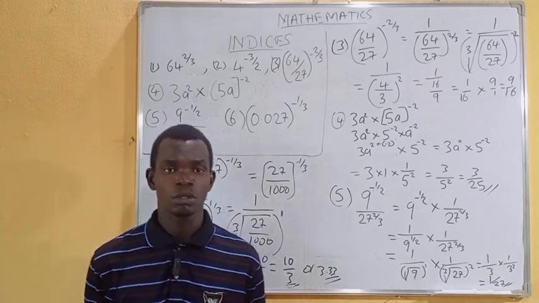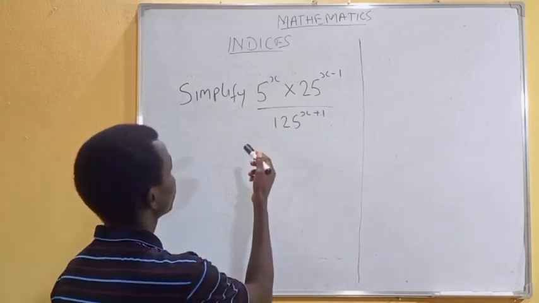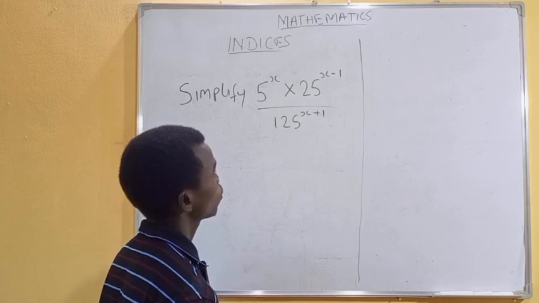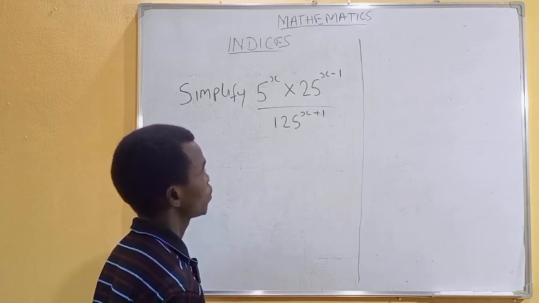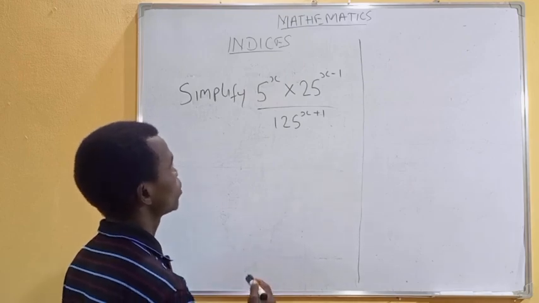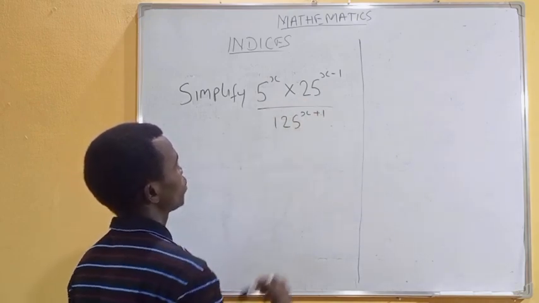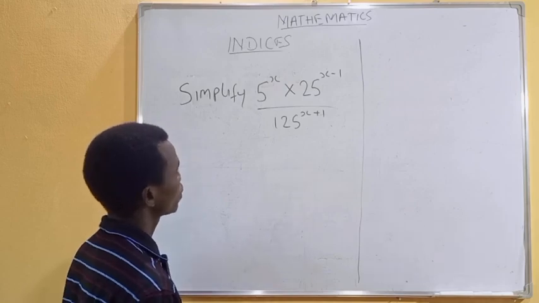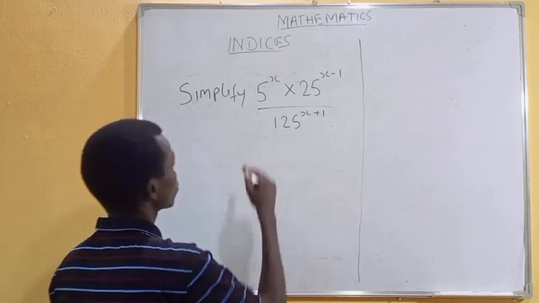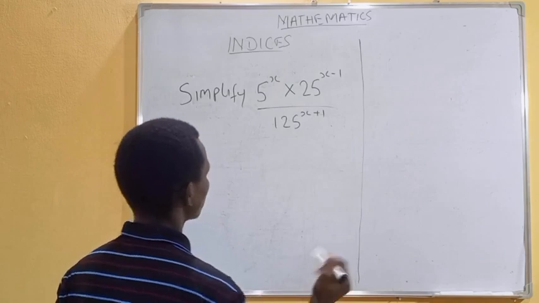Let's solve more questions on indices. Let's look at this question. Simplify 5 raised to power s times 25 raised to power s minus 1, divided by 125 raised to power s plus 1. If you look at this question, you know that the simplest base is 5. And 5 squared gives you 25. Also, 5 raised to power 3 gives you 125. So the best way to solve this question is to rewrite the bases in the simplest form. So the question will now be